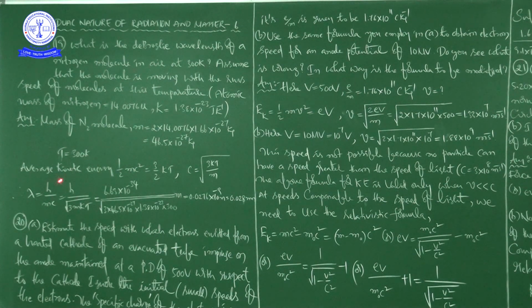Small h by square root of 3 m kT, right? And you substitute the values that they have given. So what are the values? Here you can substitute the value of h, Planck's constant, 6.63 into 10 to the power of minus 34. Actually, joule second we are taking in SI unit, right? Then no problem. Afterwards, the value of 3 is a constant,